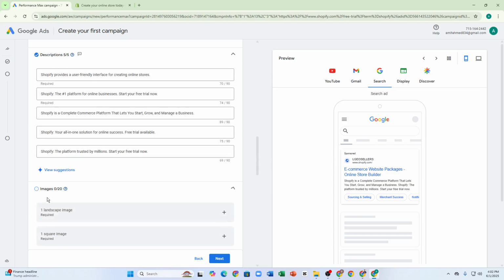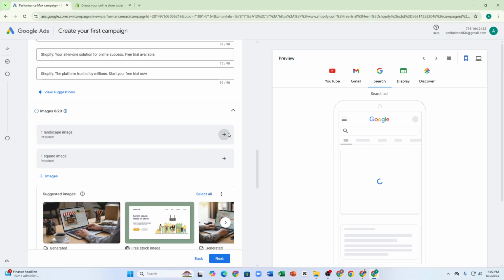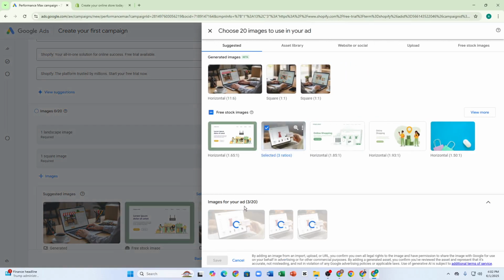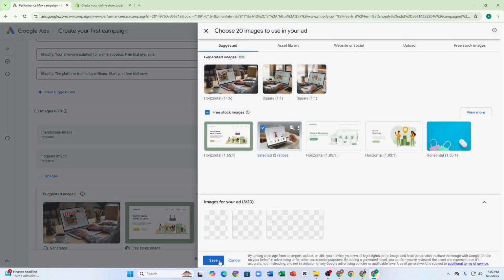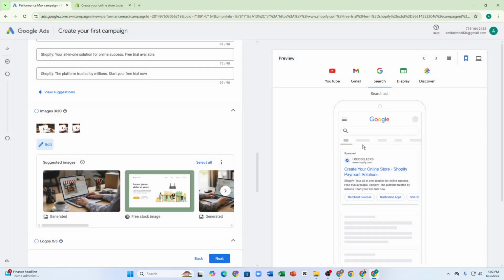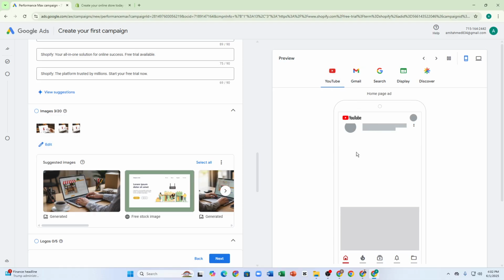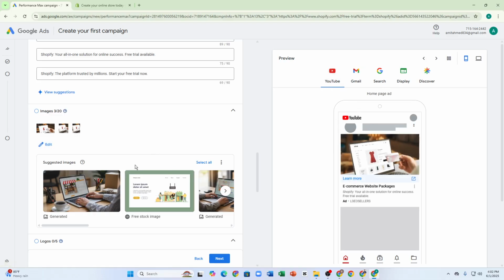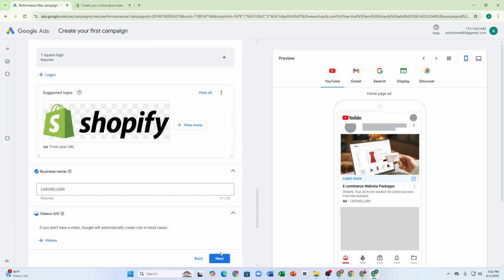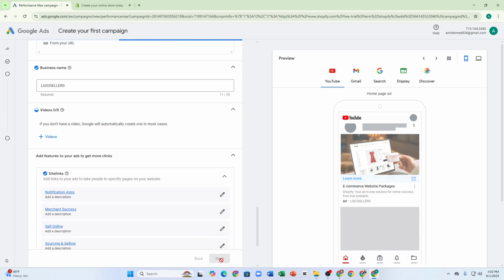You can also upload images from here. You can just tap on the plus icon, then you can upload your image very easily. So after choosing your image, you just have to tap on save. So there we go, the images have been added. So now the images will be shown on your ads. For example, like this, you just have to enter your product images, and then you can just tap next, and after tapping onto next,